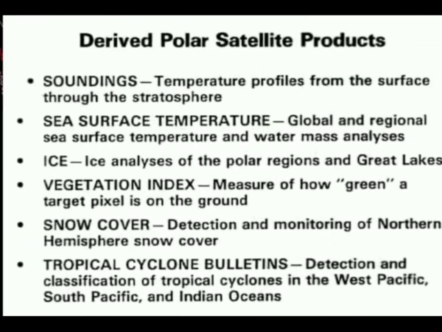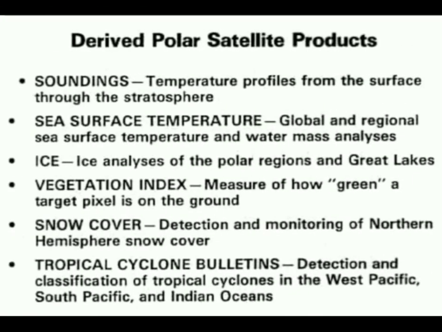So let's see the applications of polar satellites. These are used if you want to find the temperature profiles from the surface of the Earth, the sea surface temperatures, how much the Earth is green or gray, the snow coverage of the northern hemisphere, or if a tsunami is coming up, tropical cyclones, etc. Also, if there are some uranium deposits somewhere inside the Earth, these satellites are equipped with sensors, so with the help of sensors they may find the uranium deposits, etc.